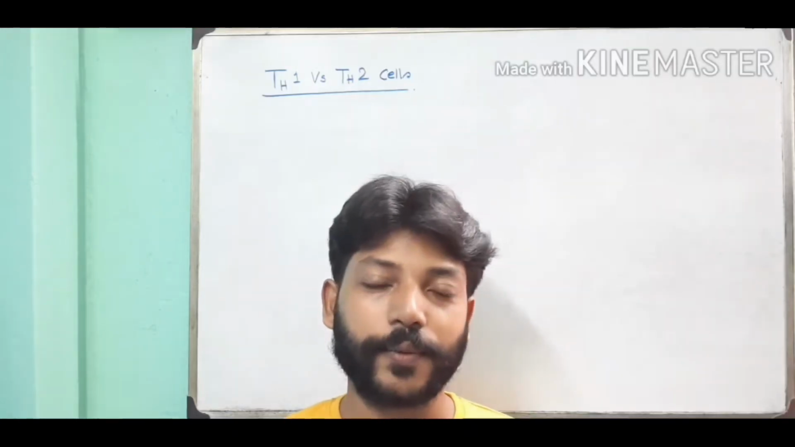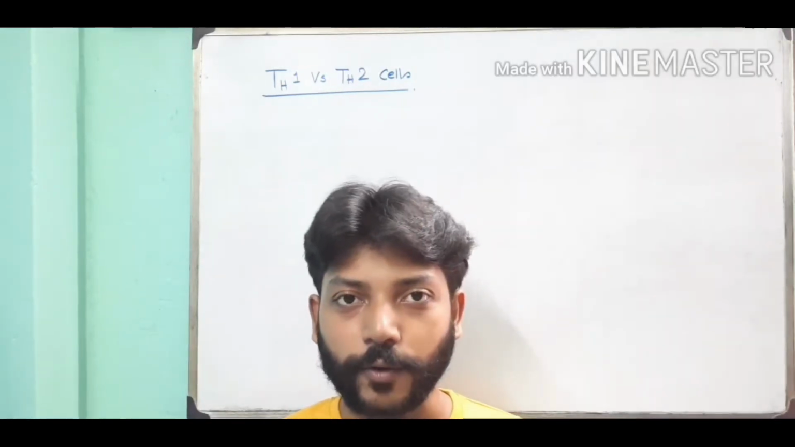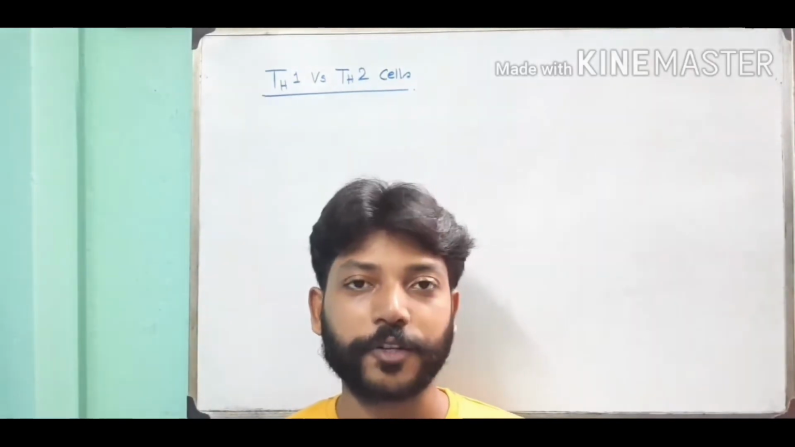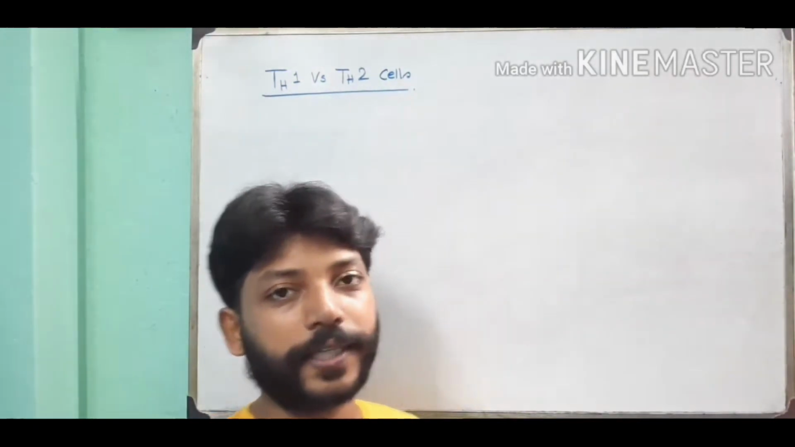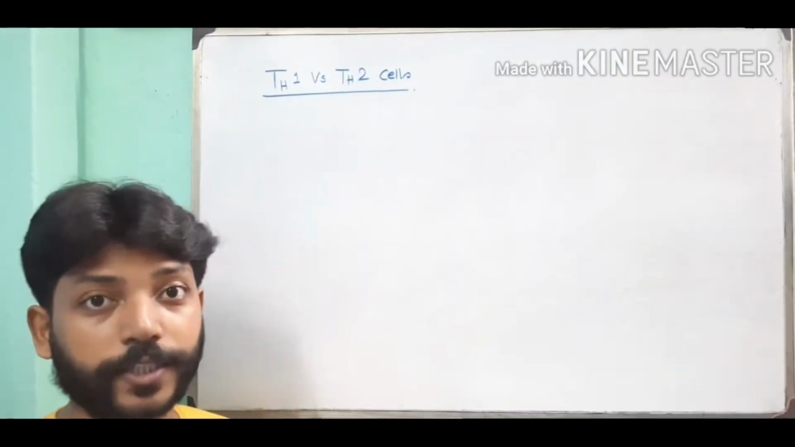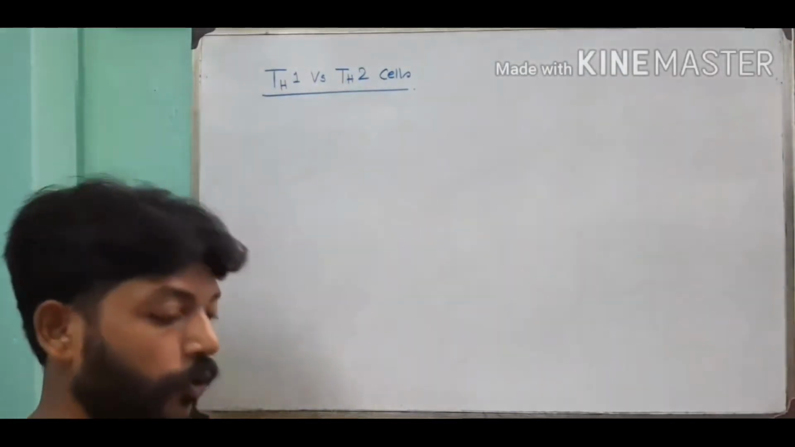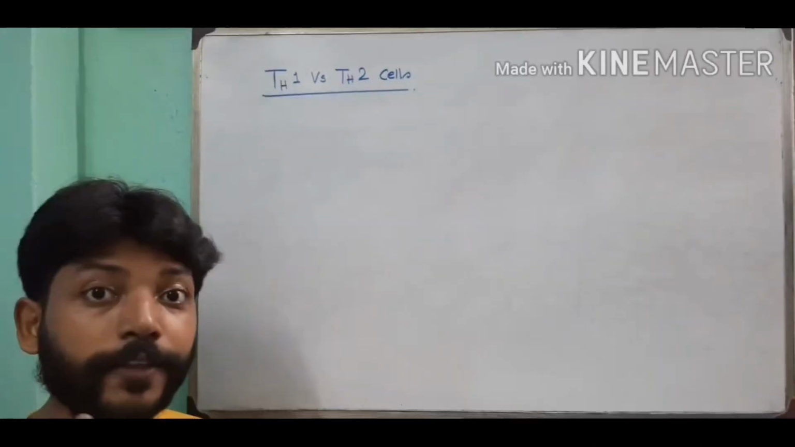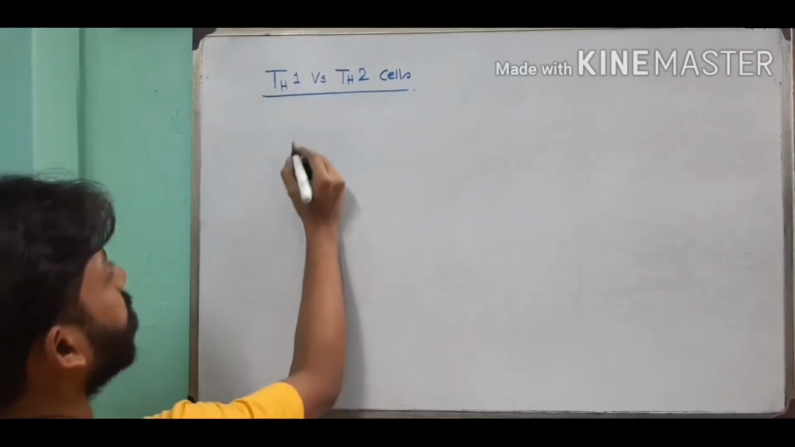In this lecture, I will discuss TH1 and TH2 cells, how these two cells are generated and what their effector functions are. At first, I want to discuss TH1 cells, how these TH1 cells are actually generated. For the generation of TH1 cells, three cells are very important. That is dendritic cell,